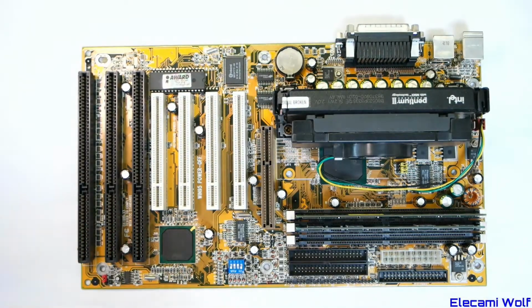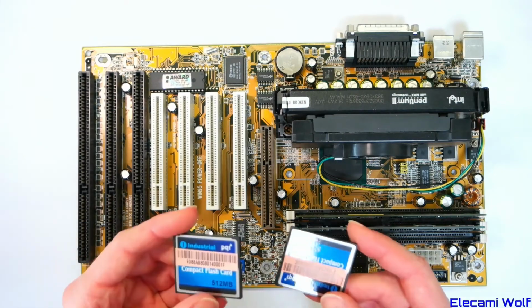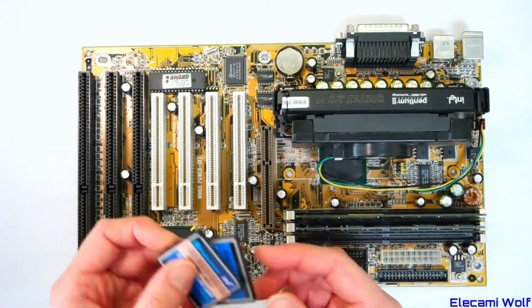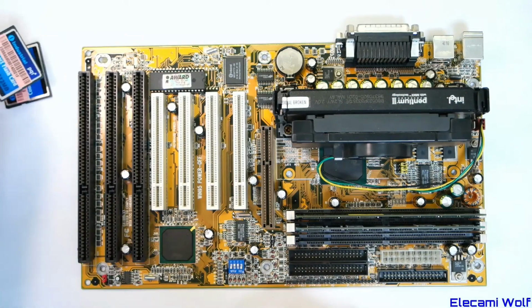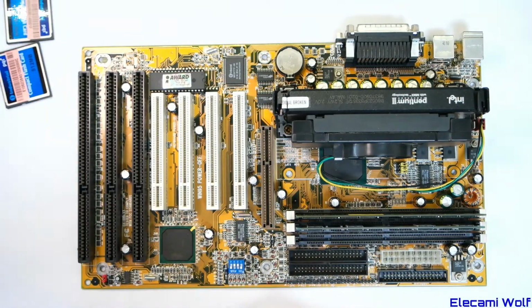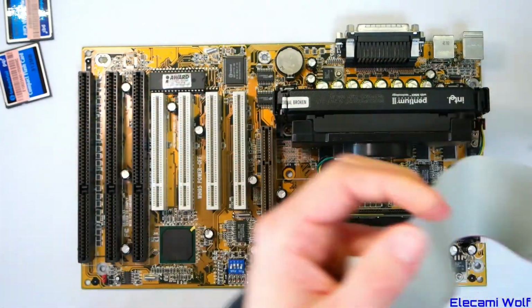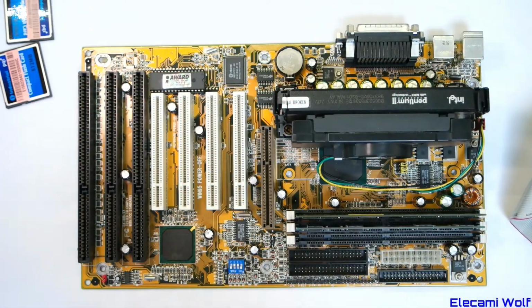I've got some compact flash cards, which we'll try. I've only got 512 megabyte ones. I don't know if that'll be big enough, so there's two. We might be able to make a C and a D. I've got that adapter we saw previously to join up, but I found another one so we can see if